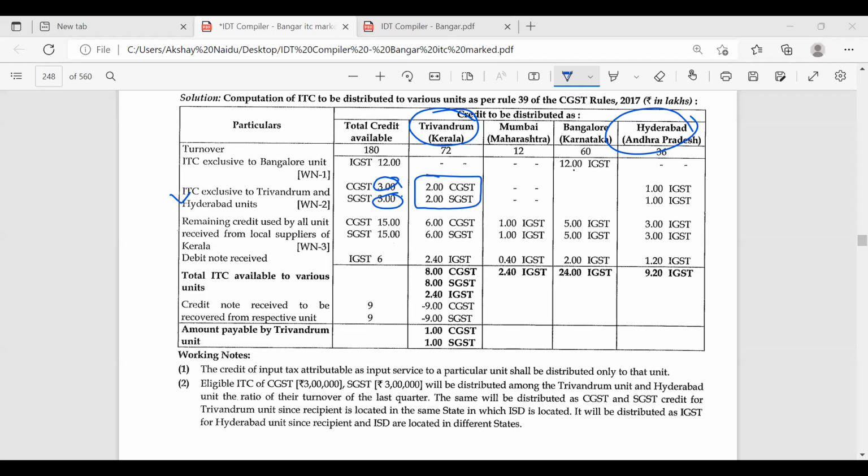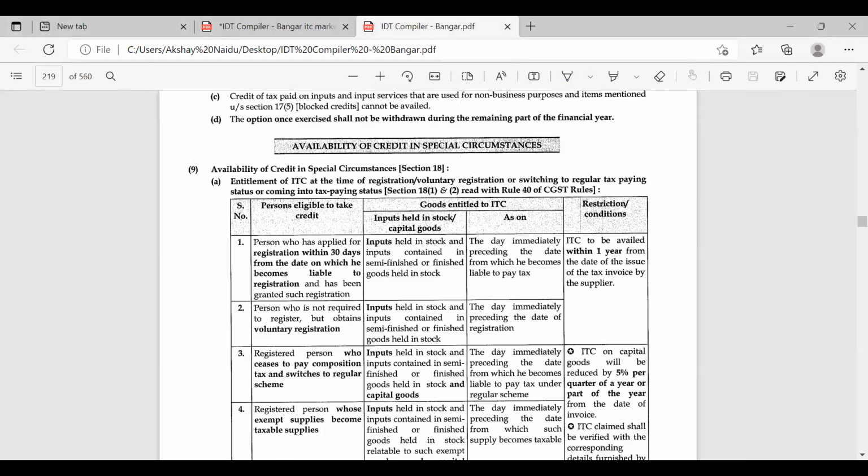Sure. So when it comes to section number 18, it is about availability of credit in special circumstances. My voice is okay, no? No echo, right? Okay, ma'am. So when it comes to special circumstances, what are the certain special circumstances under which the